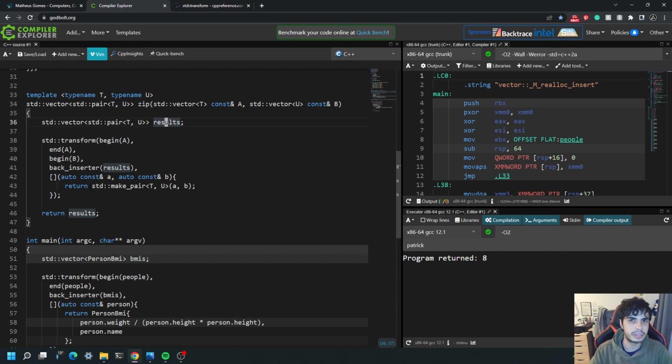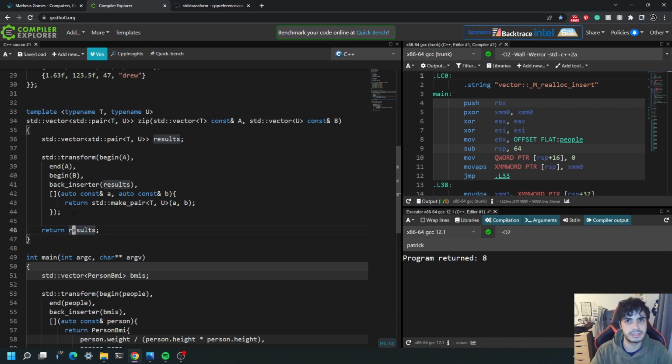The lambda is a little bit different in this case as well, because instead of having one input every time, it's going to have two. It's going to have an input from A and an input from B. The same constraints apply: the very first argument has to match the type of A, and the second argument has to match the type of the vector B. That's the only constraint. And the return type has to be the same as the types in results. In our case, we're simply returning a pair constructed from each element A and B, and that is what we return from the function. This is essentially what this zip function will do.